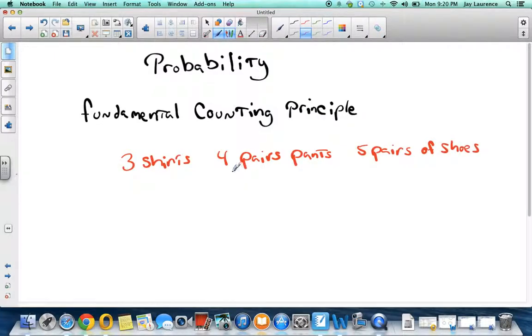Well, let's assume an outfit includes 1 shirt, 1 pair of pants, and 1 pair of shoes. Now, I know some of you with rather attractive feet could go barefoot and say that's an outfit too. Well, maybe so, but we're going to keep it to 3 shirts, 4 pairs of pants, and 5 pairs of